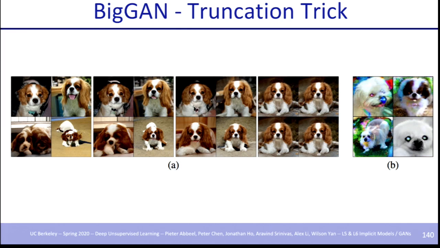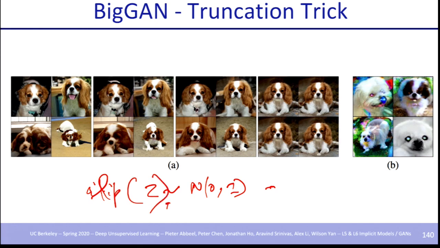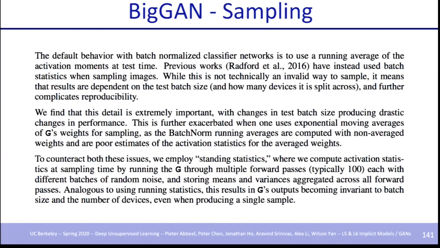One main trick is the truncation trick, where you sample Z from a normal distribution, but you truncate the values. You clip the Z that you sample so that it's within some constant range. And they found that orthogonal regularization was so useful in allowing them to use this clipped sampling, because the sampling distribution at test time changes from the one you train with; at training time you don't clip it. You only clip it for producing more realistic samples, and you don't want to produce spurious samples. They found some of the regularizations pretty useful to do this at test time.